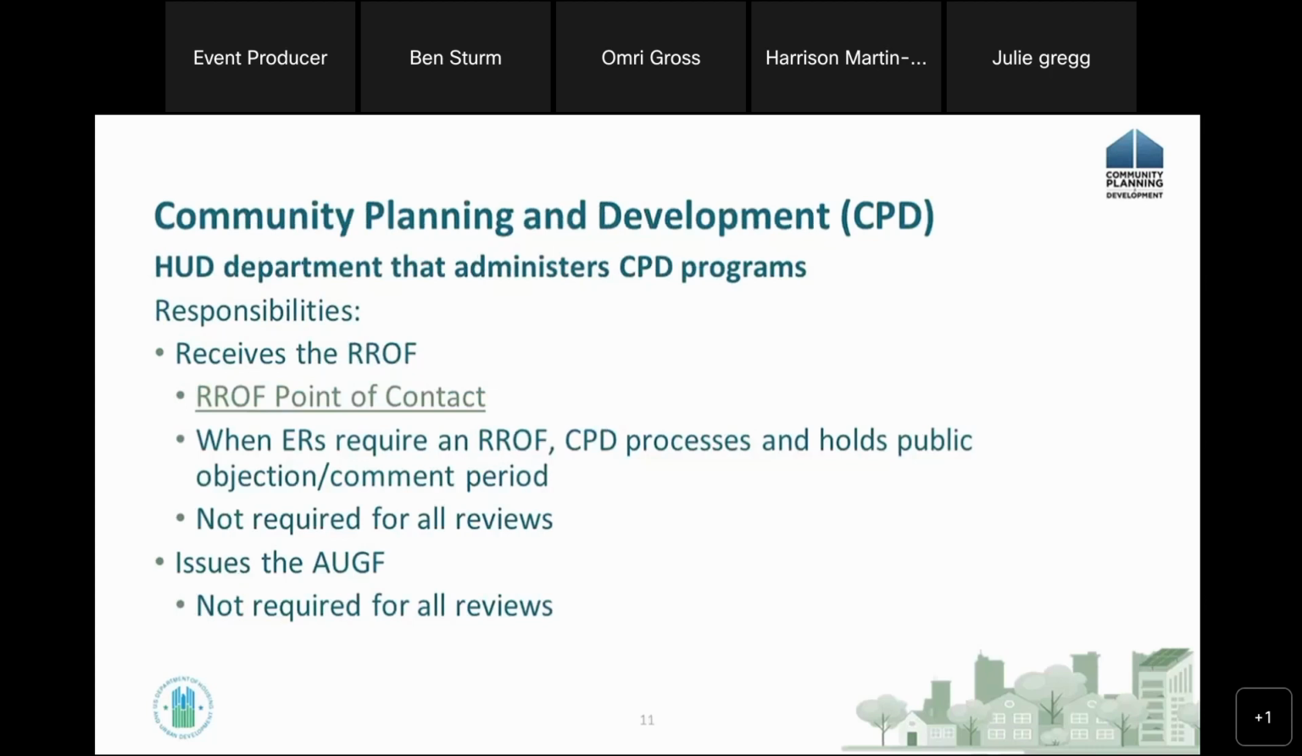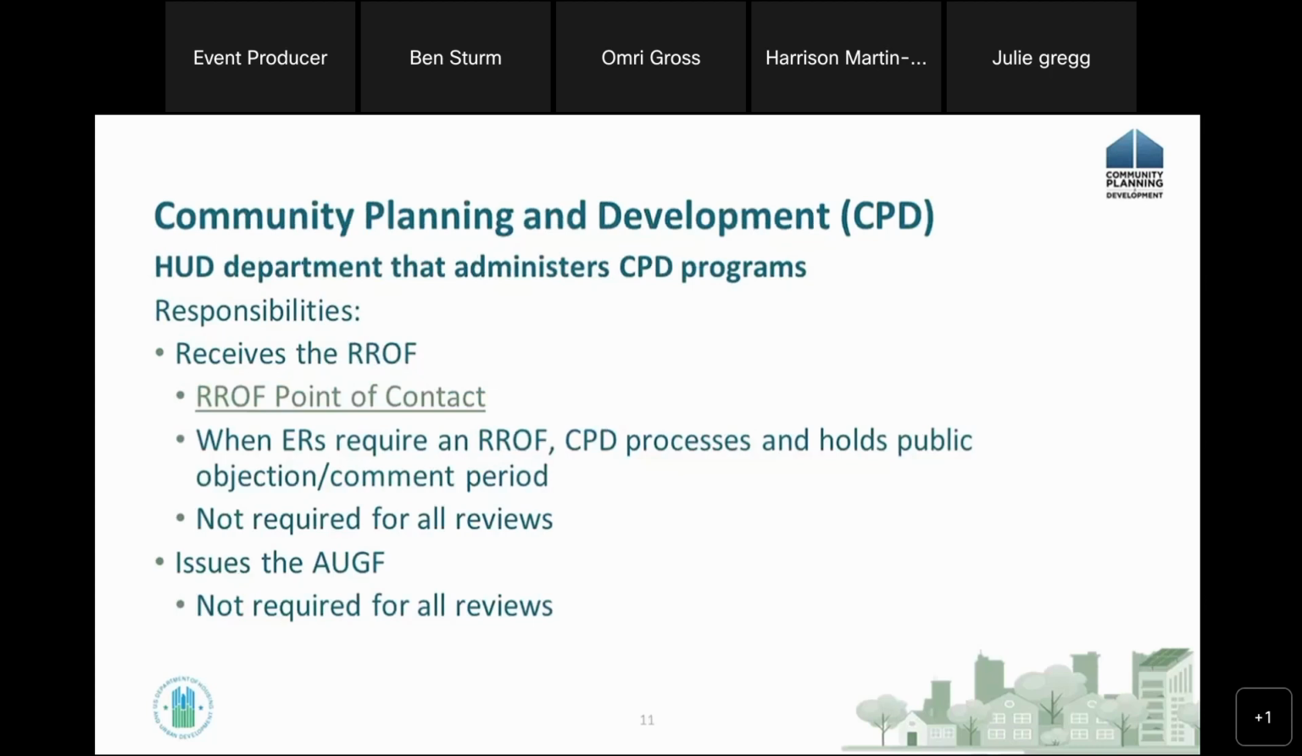Okay, next up is HUD's Community Planning and Development staff. Although grantees work with the Congressional Grants Division, CGD, on various items such as executing the grant agreement, CPF is technically under the CPD, the Community Planning and Development umbrella. And when applicable,